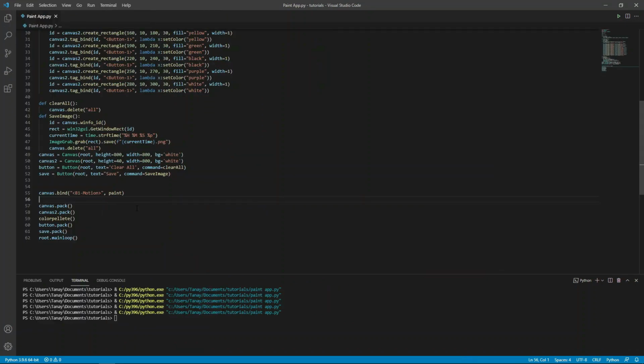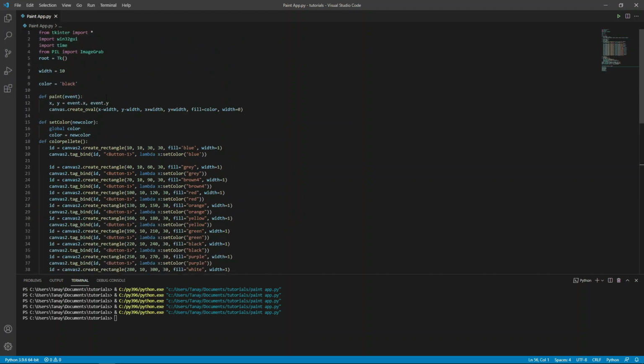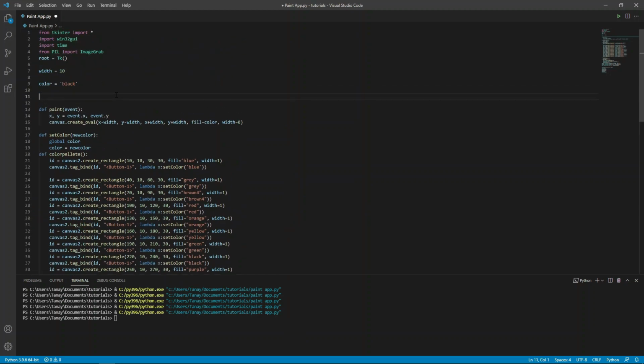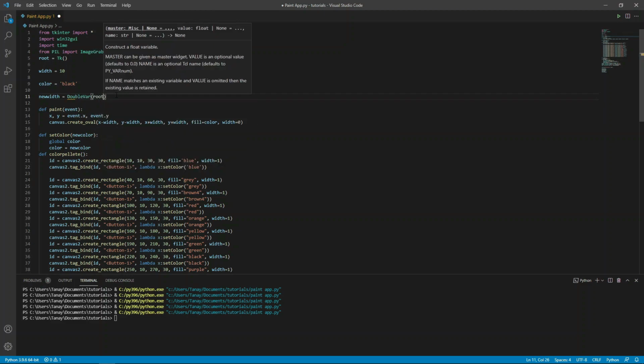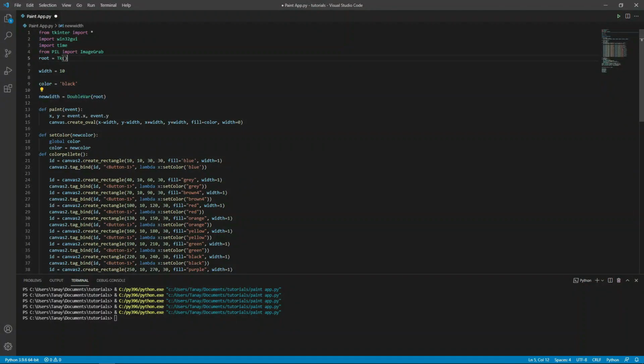And now we have to set the width of our brush. For that, first let's define a variable new width equals to DoubleVar root. Make sure that root is defined above it.